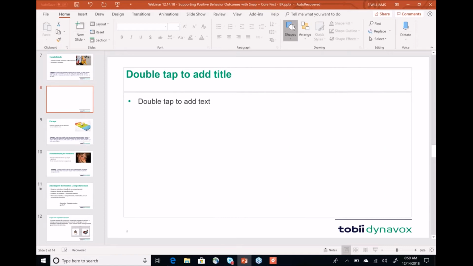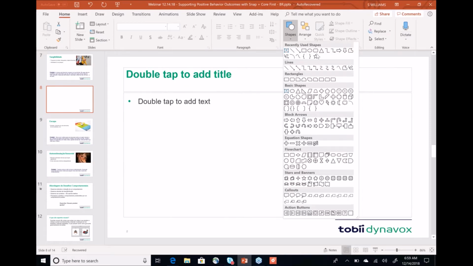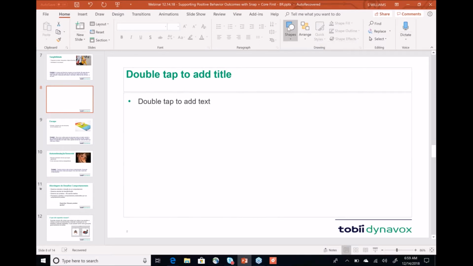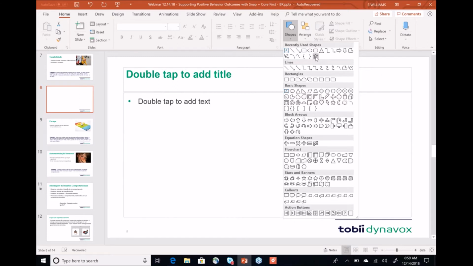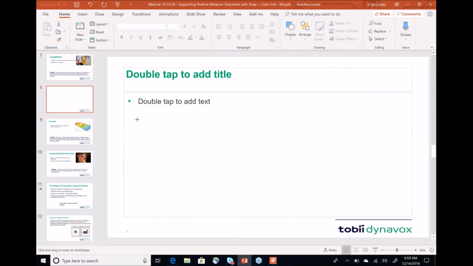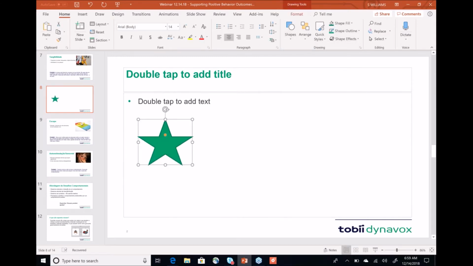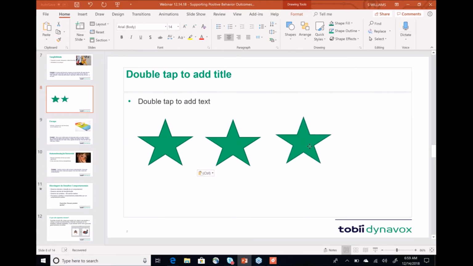Yeah, so I can show you, I think it's called a tangible reinforcer. So what I can do, I'll show you in PowerPoint. So the student can earn stars or Spider-Man, whatever is motivating for them. I can make a visual